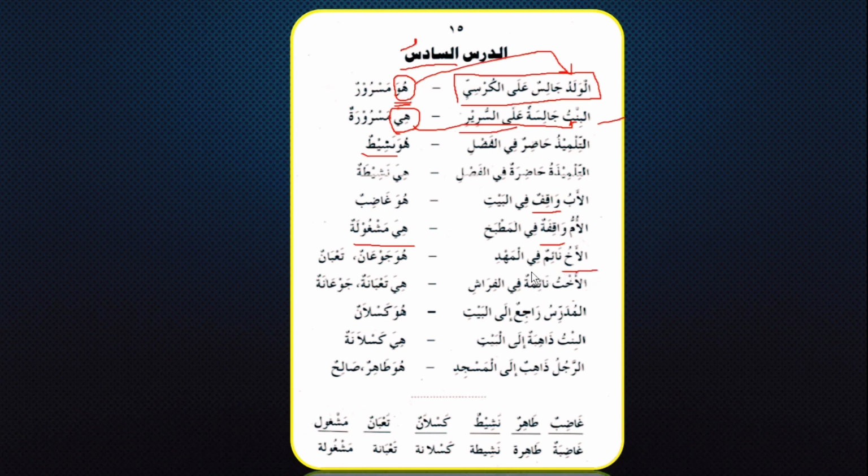Al-akhu na'imun fil mahdi. The brother is sleeping in the cradle. Huwa jaw'anu ta'banu. He is hungry. He is tired. These words, jaw'an and ta'ban, are another set of nouns known as al-mamnu min as-sarf. These nouns do not have tanween at the end. They only accept one dhamma. So the original pronunciation of these words is jaw'anu, ta'banu,